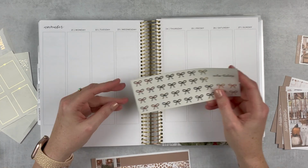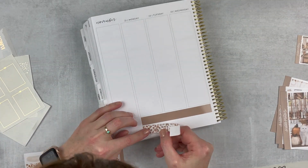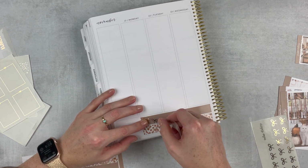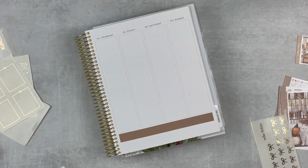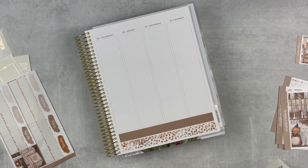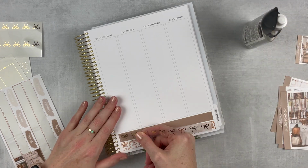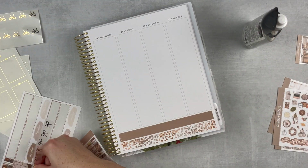All right, I'm going to begin with the bottom washi, and I had to use some overlays because one of the strips was like solid. I guess you could leave it plain. I might do that in the future, but I decided to put in a little overlay with little bows. This is like an old sheet from Sadie stickers, which pretty much all the foil this week I think is from Sadie's stickers. Maybe some of the quote boxes are from Jessica Hart's,